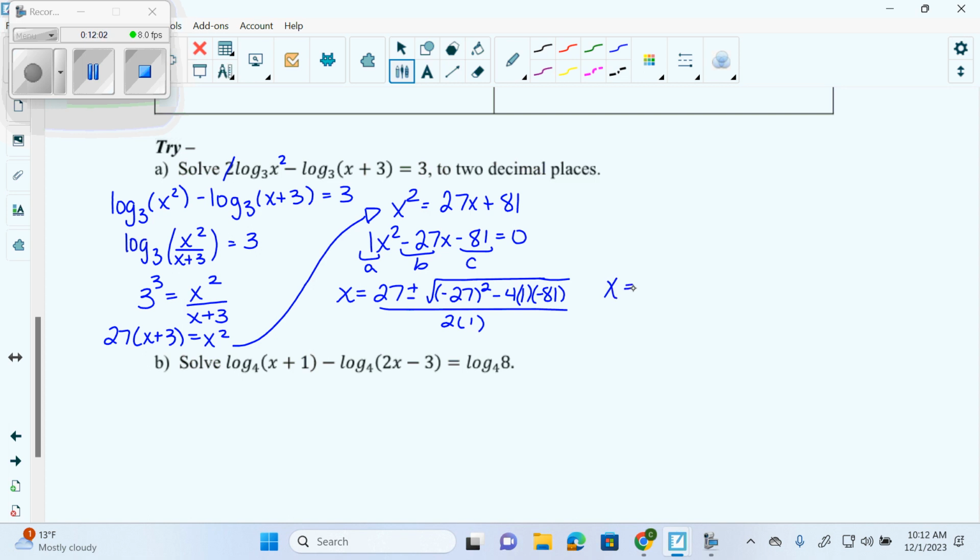One of them is x equals 29.72, and then the other one is negative 2.72, which is